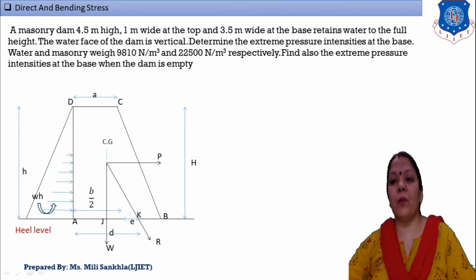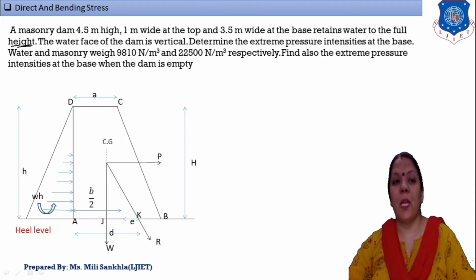It retains water to full height. Here it is mentioned that water is filled up to the full height, that means the height of water level is equal to the height of dam. Water face of dam is vertical, and determine the extreme pressure intensity at the base. If our dam is full with water, we find out extreme pressure intensity at the base, that means sigma